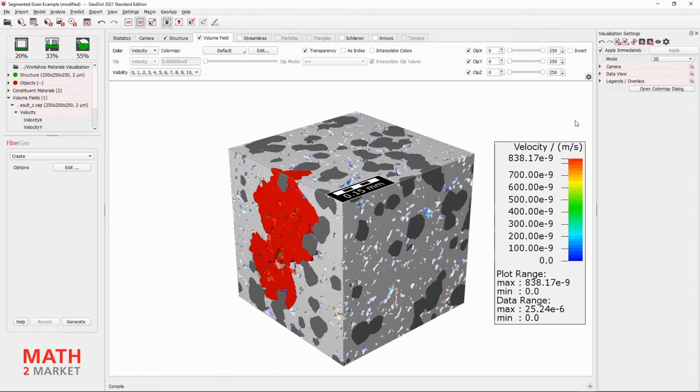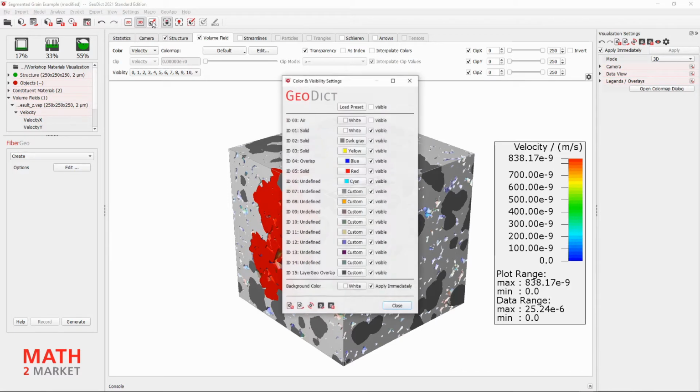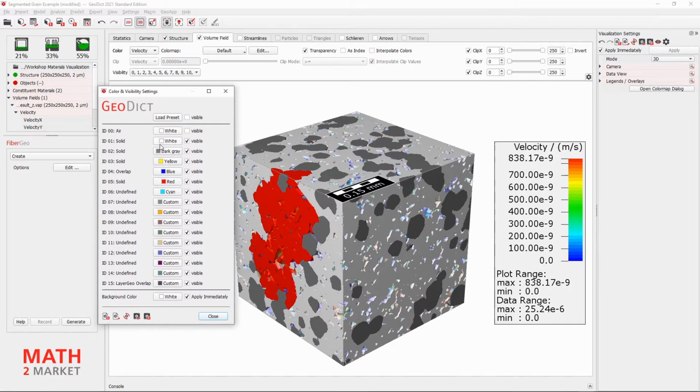Ultimately, however, we still want to have a certain contrast on the microstructure so that we can still recognize it. We solve this problem by choosing different shades of gray for the material IDs. To start, we open the Color and Visibility dialog. The color of the grains and material ID 1 can be left white. For the color of the grains and material ID 2, we choose light gray instead of the dark gray. For the color of the grains on material ID 5, we choose the dark gray. We use the dark gray that was previously selected for material ID 2.